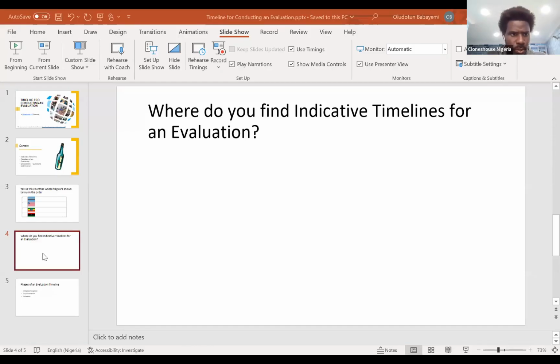I'm trying to see if I can share my screen again. Share screen. Okay. So